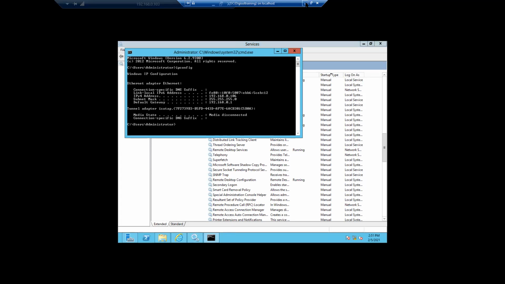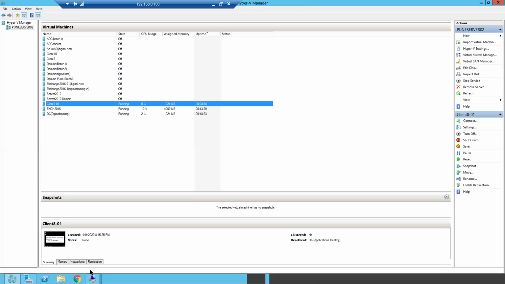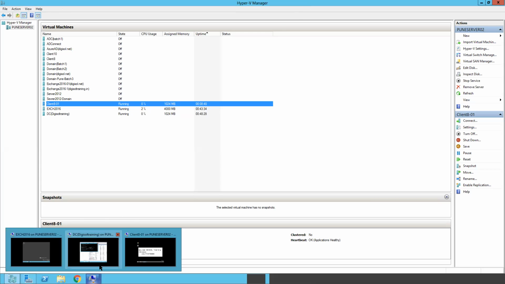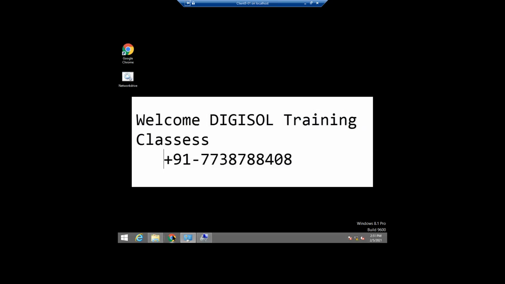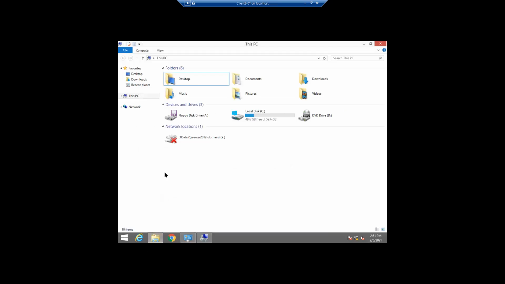Okay, what I will do is add that client machine to my domain membership, so then it's supposed to work without giving any password. Let's see, 1 minute.